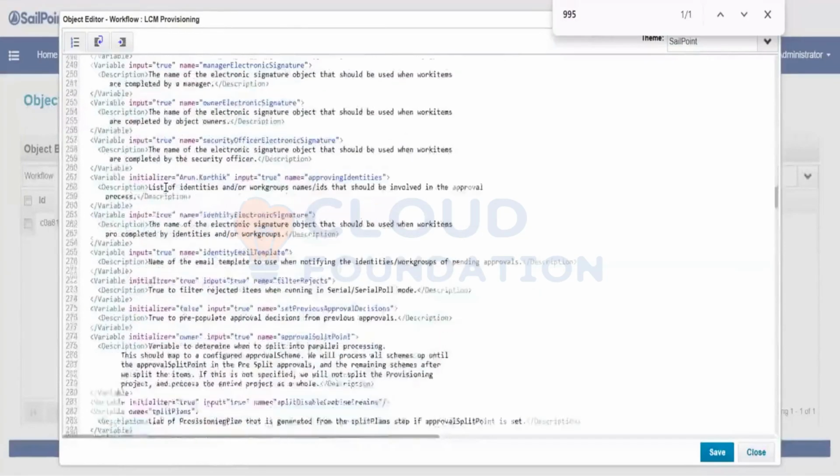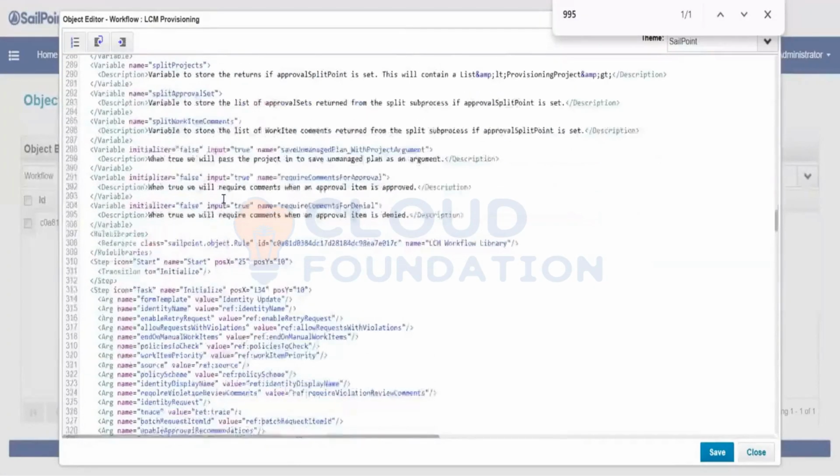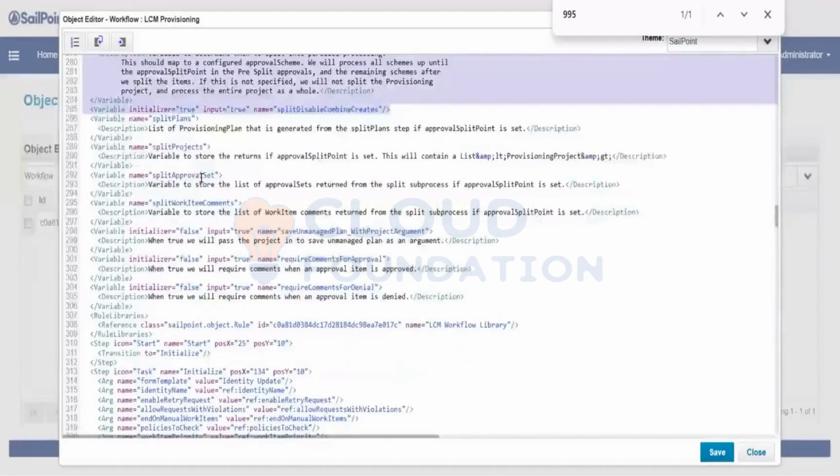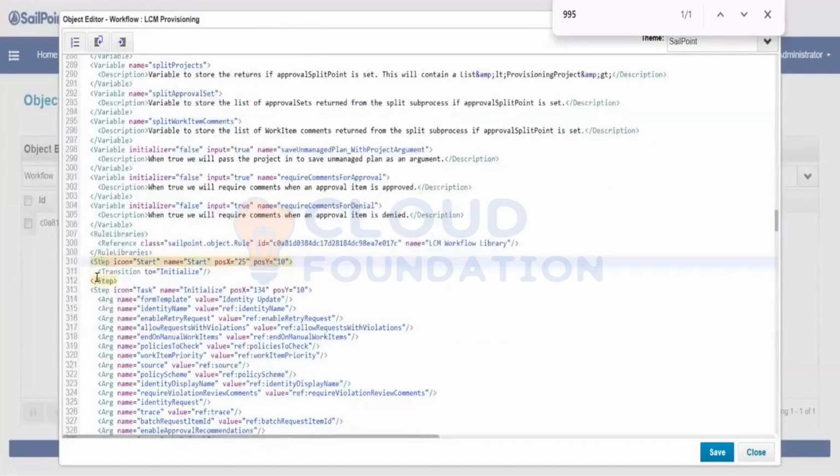Similarly, we have a number of variables. On top of that, we talked about the approval split variable also. Can somebody quickly confirm, this approval split variable, split disable, combine creates, we discussed these variables. Is that true? Yes. Then cool. Once we define all these variables, the actual step is going to start from line number